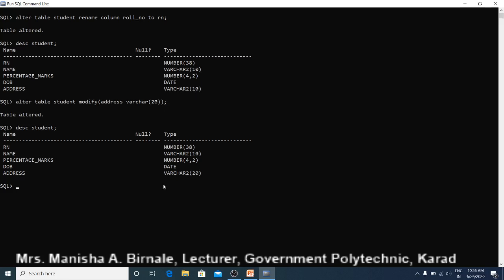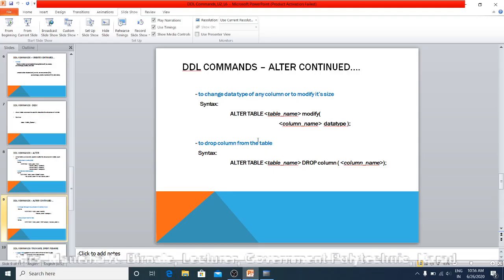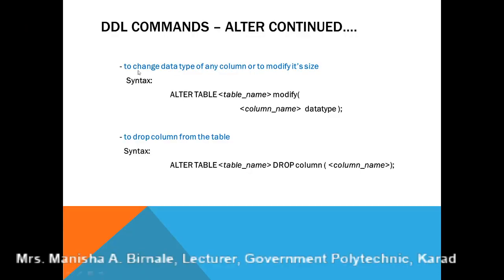You can change the data type also. If you want to change it as a char data type, it is also possible. Here you have to write char 20. In this way you can change the data type of a column. Similarly, you can drop a column from the table.